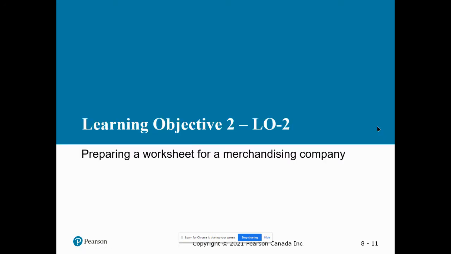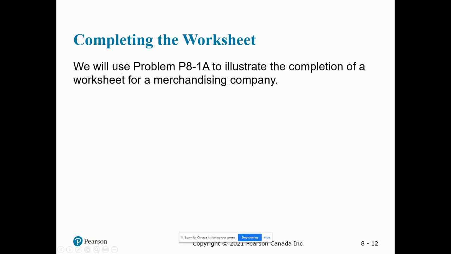Now, all of these adjustments happen in a worksheet, and the worksheet is not a formal document, so it's not like a formal report like the balance sheet or income statement. The worksheet is something that accountants and bookkeepers will often use just to sort their thoughts out in a manual bookkeeping system. For the following example, we're going to use problem 8-1A, and this problem is on page